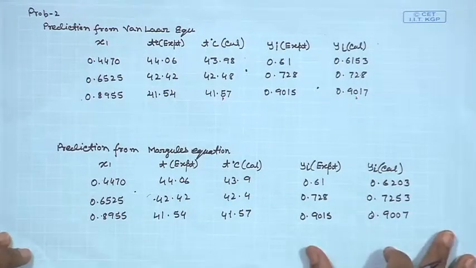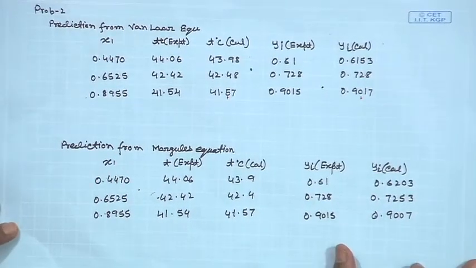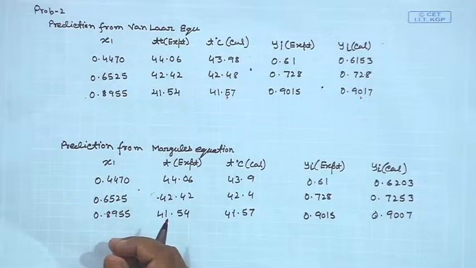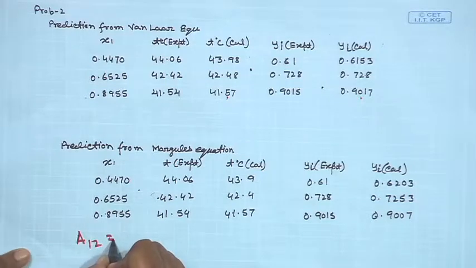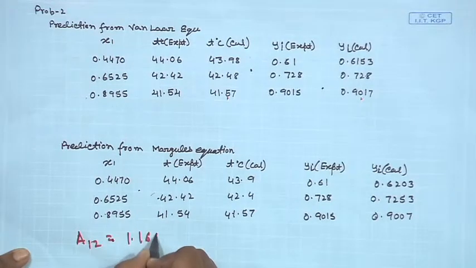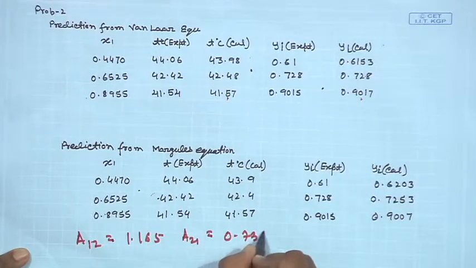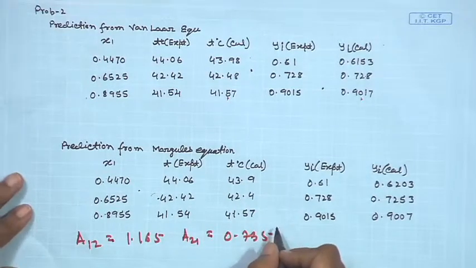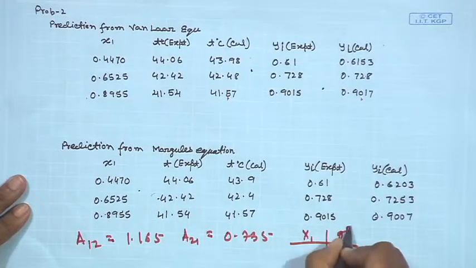So, we can proceed in the similar fashion, and we can find out A12 and A21. In this particular case, A12 is going to be 1.165, A21 is going to be 0.735,